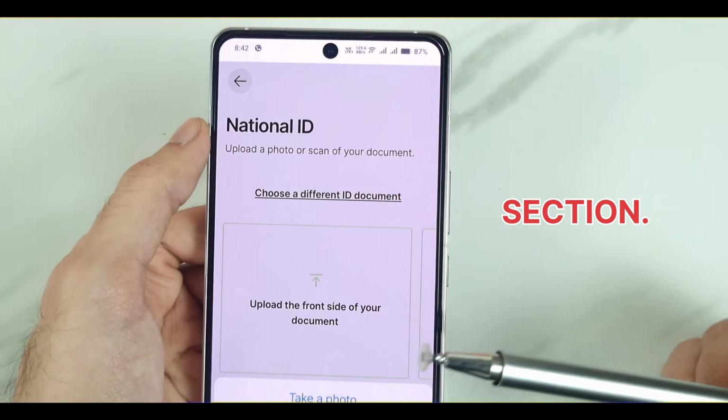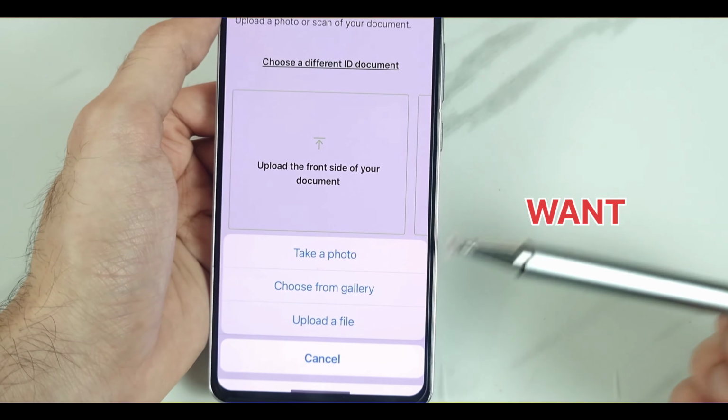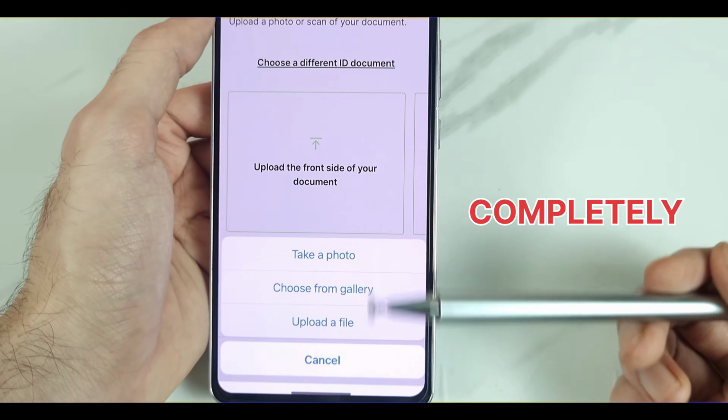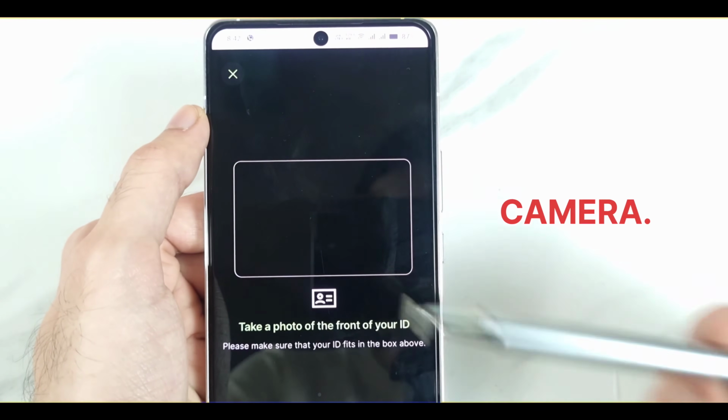So first of all I am going to select the front side of documents. Now they will ask you how you want to take the photos: from the camera, from the gallery, or you want to upload a file. It's completely your choice. You have to select any option. So I am going to take live photos from the camera. So after